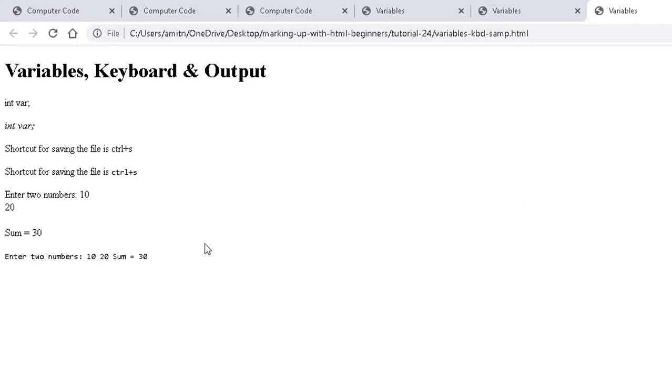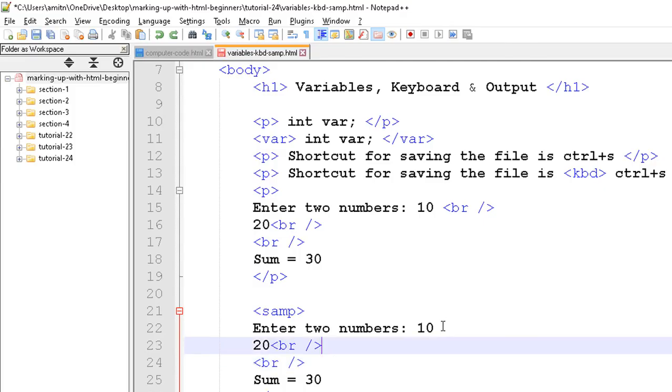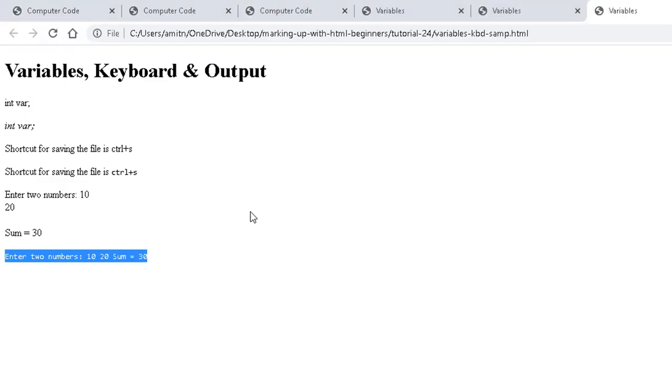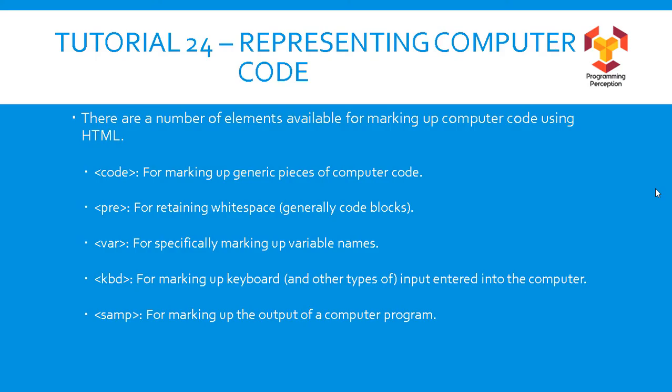So let me launch it in Chrome, and now you can see this. This one is an output that I have given with the samp element, and this one is an output which I have given with the P element. Definitely, this is not having any semantic meaning, while this is having a semantic meaning as well as the format of an output. Now, definitely to change the line, you have to use the BR, so that's why I have shown you without BR first. Let me provide these BRs again and refresh the page, and now you get the output. So these are the elements that we use to represent computer code on our HTML page.